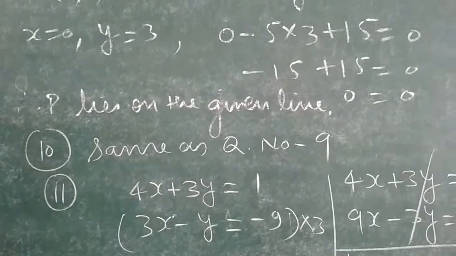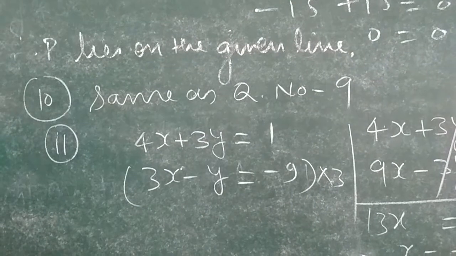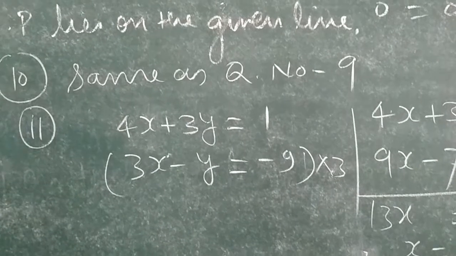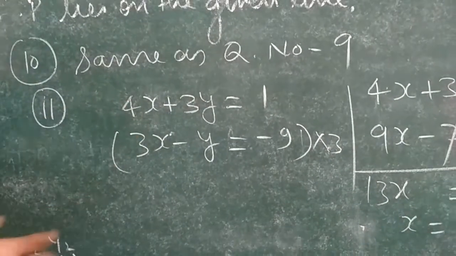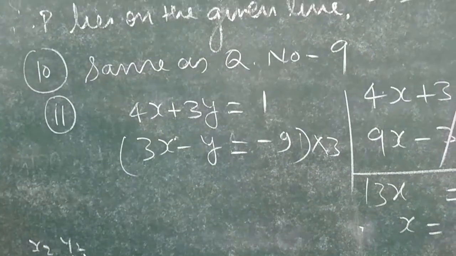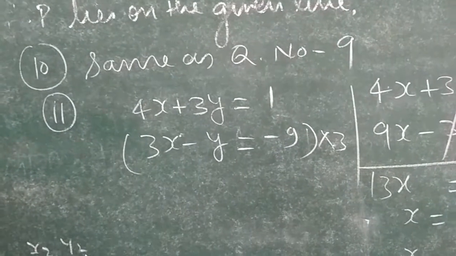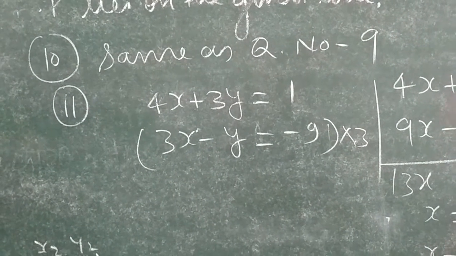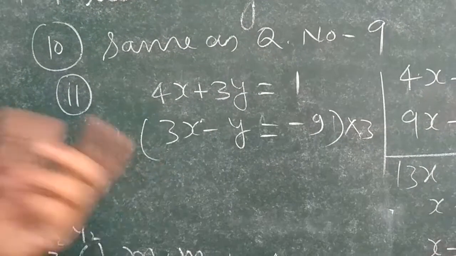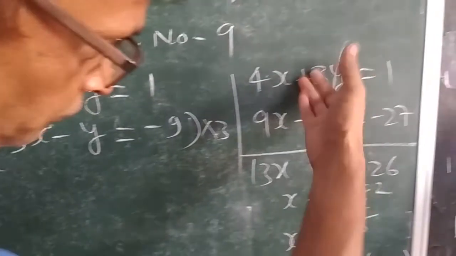Question number 11, you see we are given 2 equations, and we have to find first their point of intersection. And you know that the point of intersection is the solution of these 2 linear equations. Means we have to find the values of x and y. Those values which satisfy both equations, that is the point. Corresponding to that point, we get the values of x and y. But we have to solve first, as we solve the pair of linear equations. So the solving methods are as we are showing here.